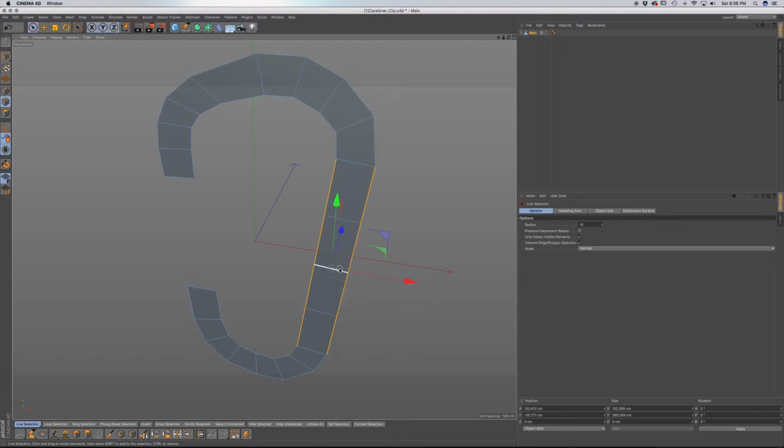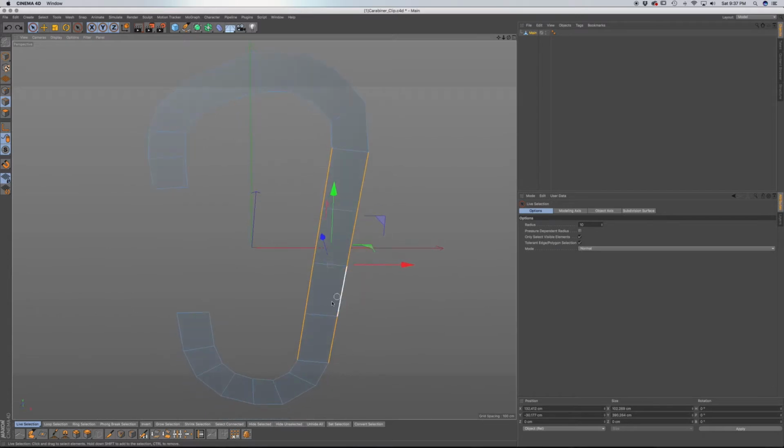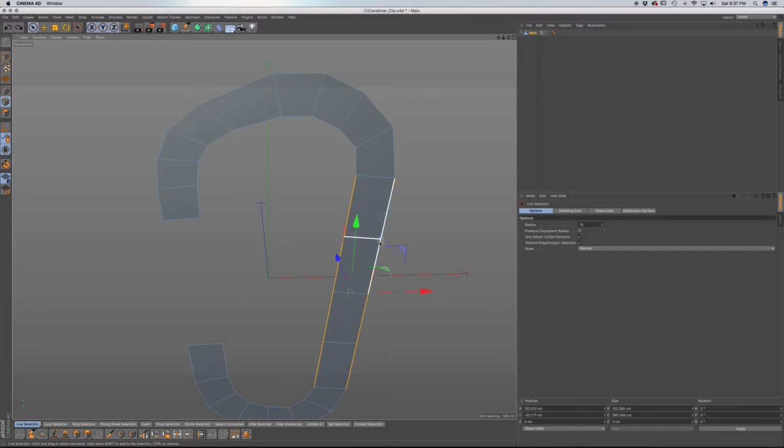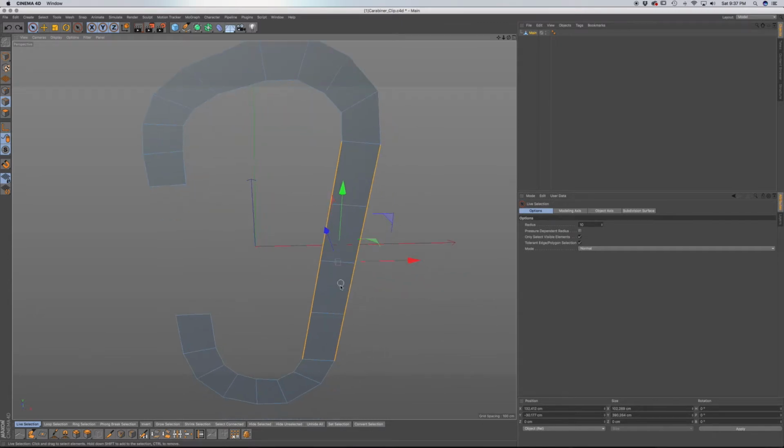So if I again MM on your keyboard, that's going to connect again, and that's probably too much, so I'm just going to undo, and that should be good for our purposes. And you can do that